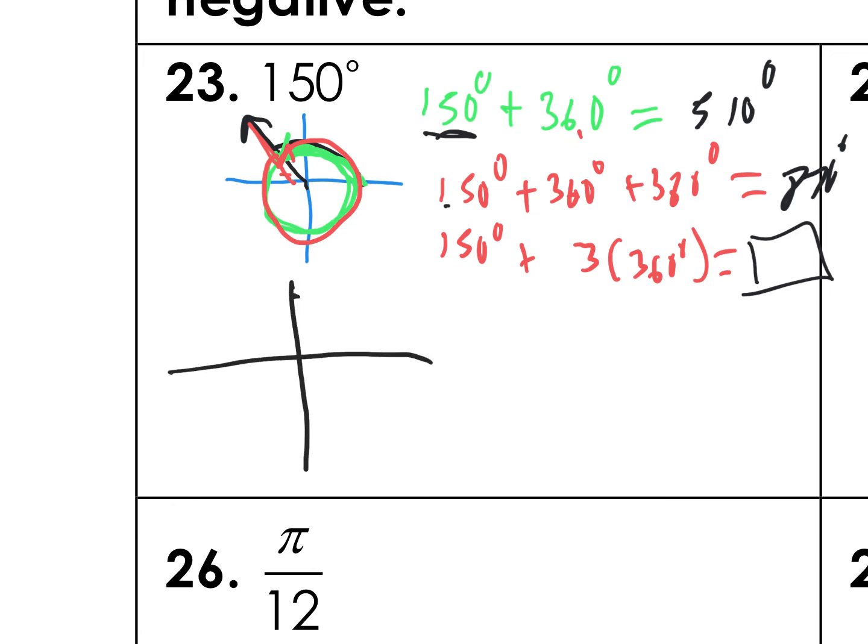Start with my 150 degree angle, because that's where I need to know where it terminates. Well, it terminates out here. There it is. There's my 150 degree angle. So I need another angle, but he wants a negative value. So if this is my initial side,